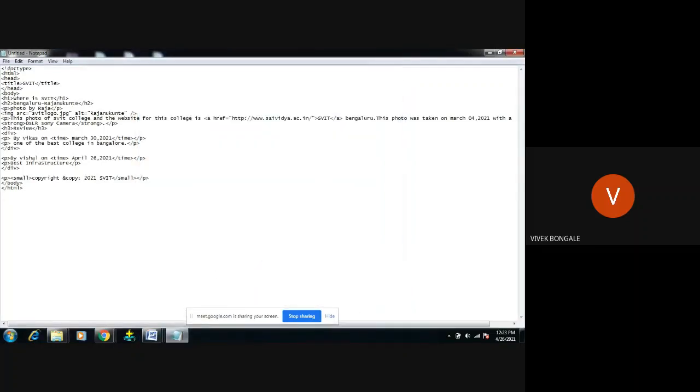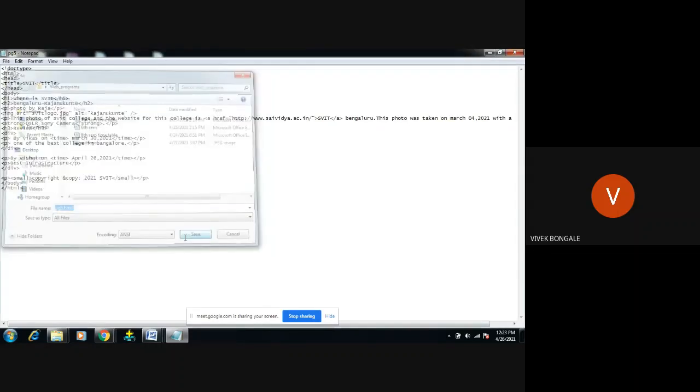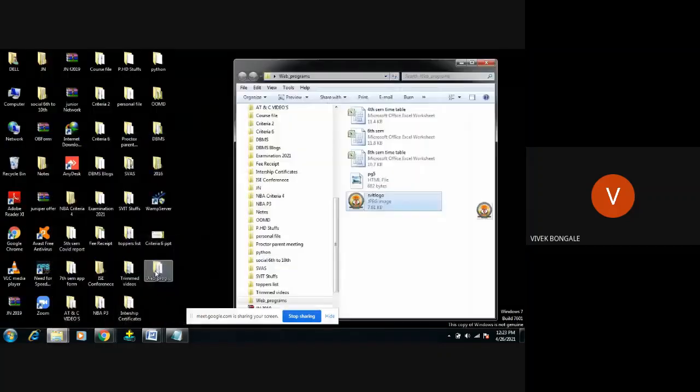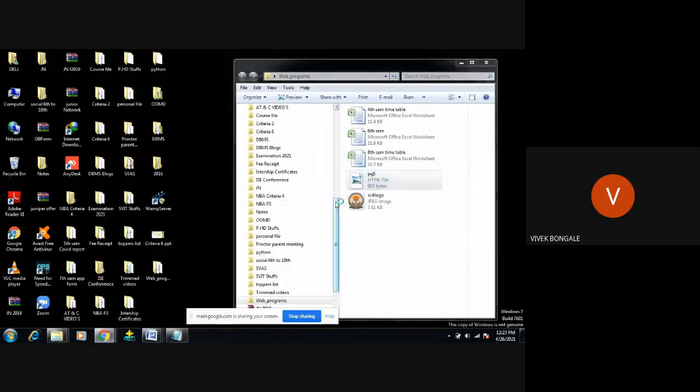So I'm going to save this one as program5.html. So all files saved. Okay, just go to that particular folder, program 5, open with browser.